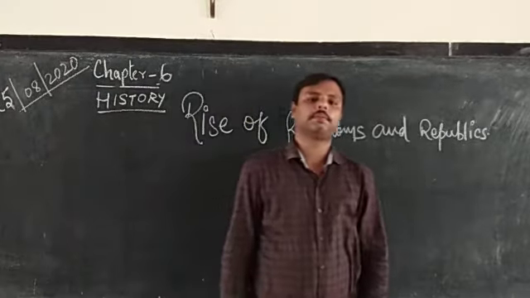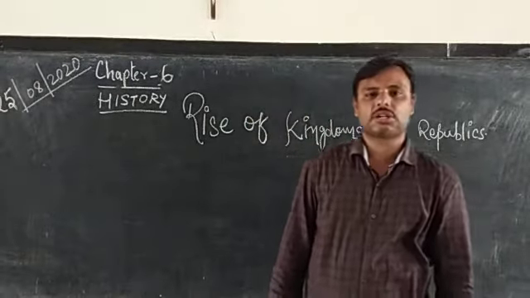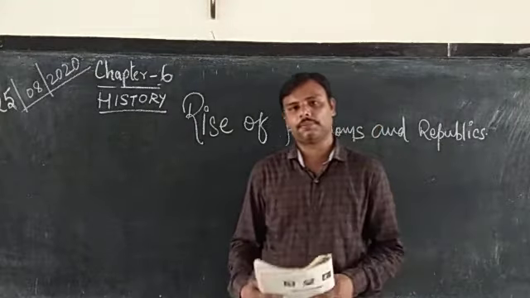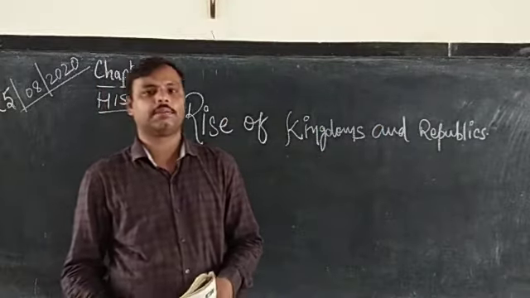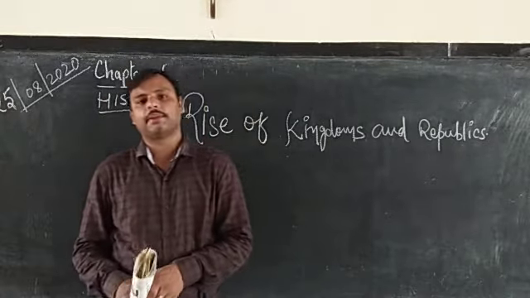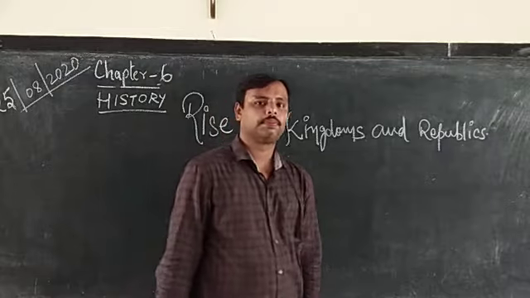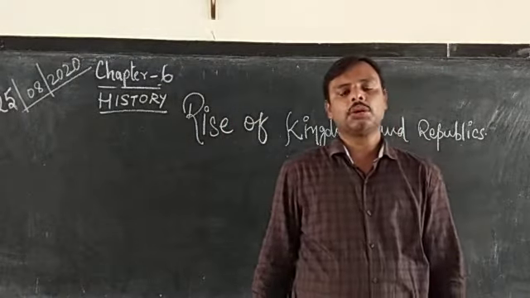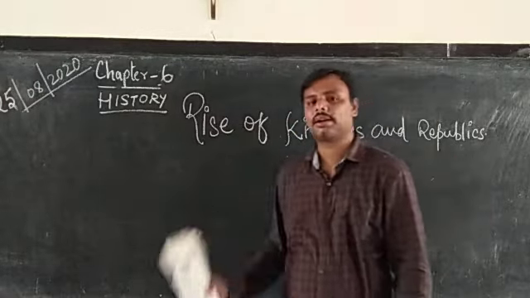Continuing with the last chapter, we saw that the era was distributed into two phases, early Vedic period and later Vedic period. In the later Vedic period, the people learned to use different tools. They were expert in using iron tools. So the connection comes over here during the rise of kingdoms and republics.